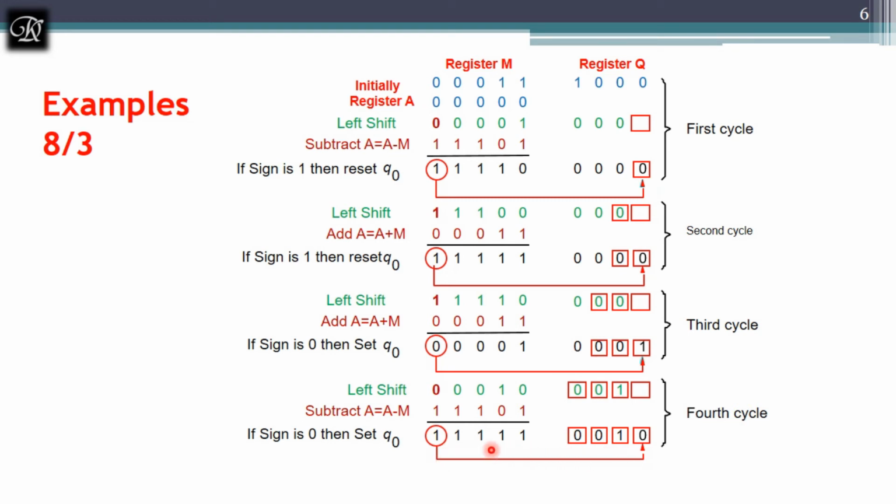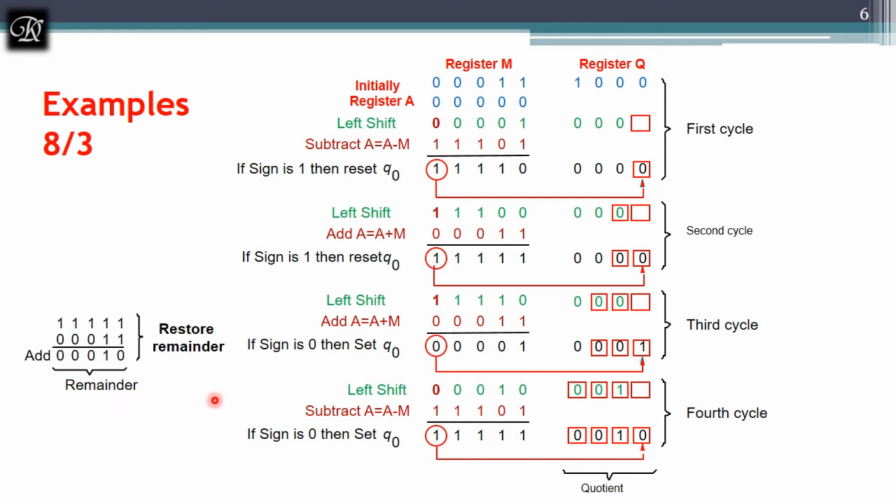When I finish the 4th cycle, if I am having a negative value in register A, I have to restore this. At the final stage, I am going to restore. So how to restore? Add M to the existing value, and I will get the original value back. Before that, let me see whether I am having a quotient in Q. Yes, I am having a quotient 2 in Q, because when you divide 8 by 3, the quotient will be 2 and the remainder will be 2. So now I am having quotient 2 in Q, but I don't have a remainder in A, but I can get that back by adding M.